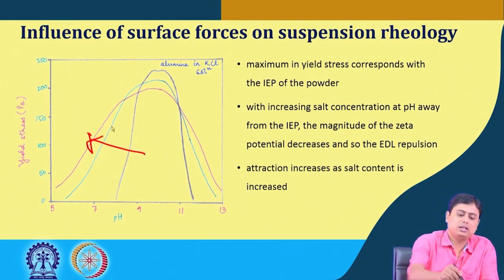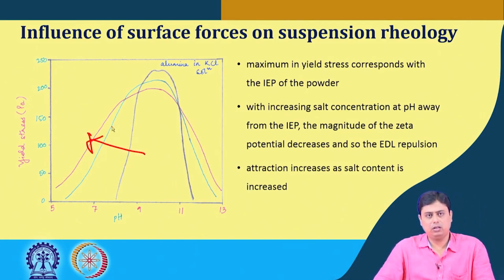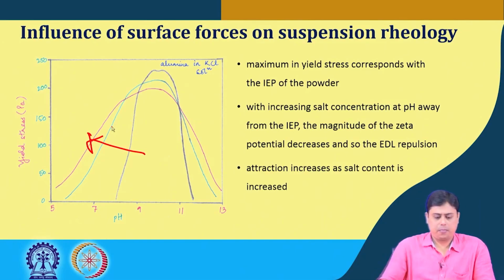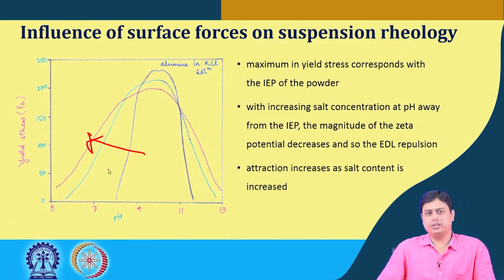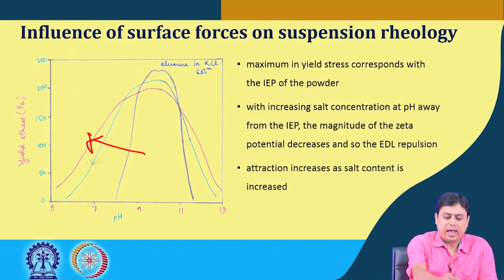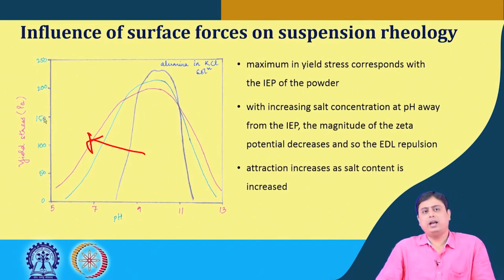As we increase the salt concentration or the molarity of the salt, we can see that for a particular pH, as we increase the salt concentration, we have higher and higher yield stress,